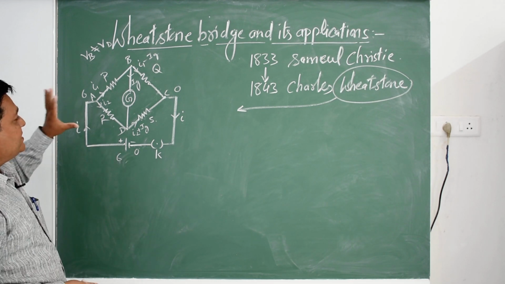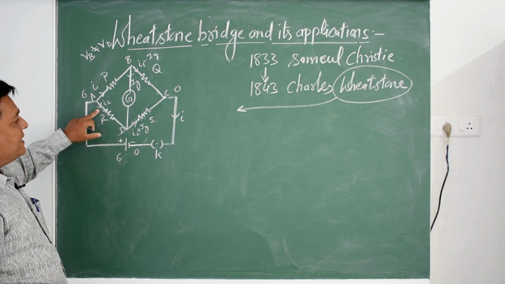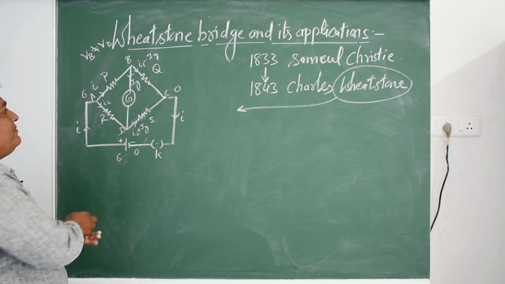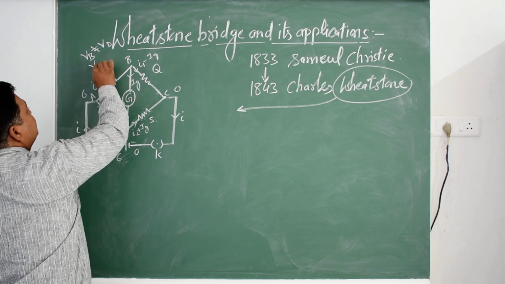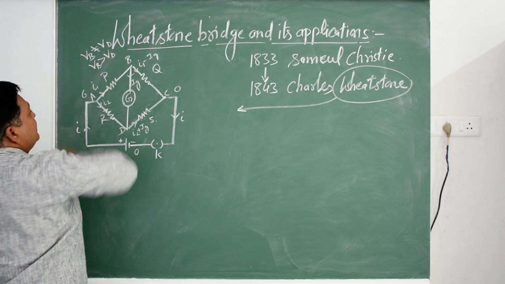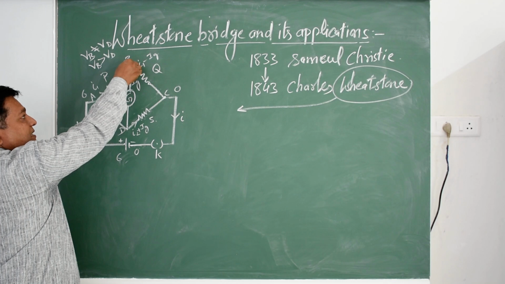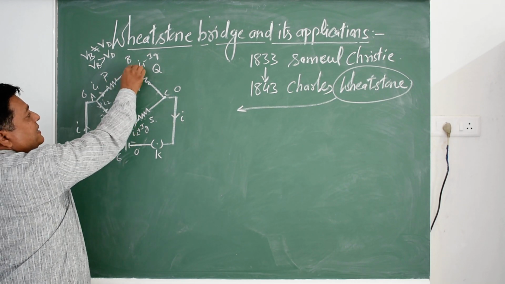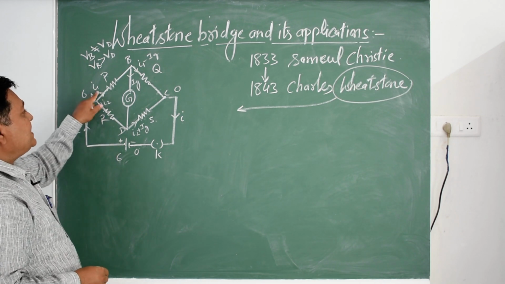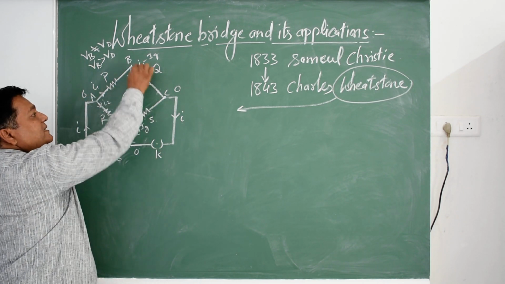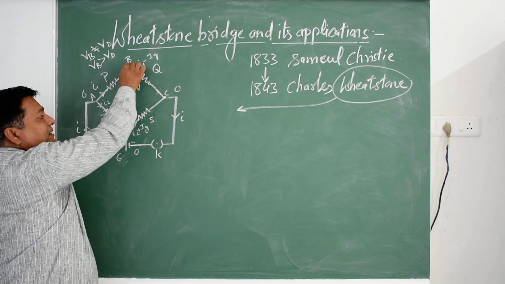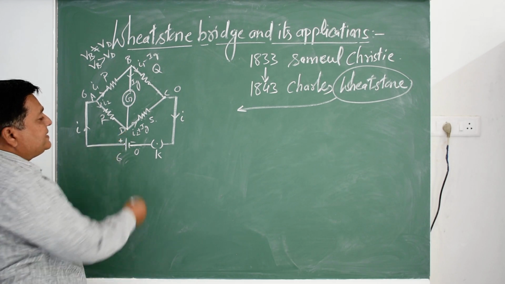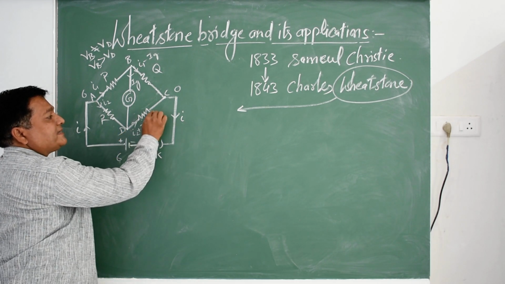According to the distribution, I1 and I2 pass through here. Suppose this condition arises and VB is greater than VD. Current IG will pass from B to D. When it passes from B to D, the remaining current is I1 minus IG. It will pass through resistance Q. And when this IG current reaches terminal D, I2 plus IG will pass through resistance S.